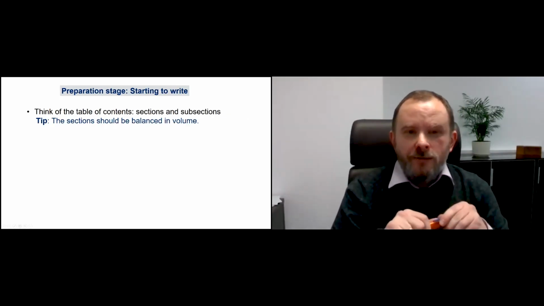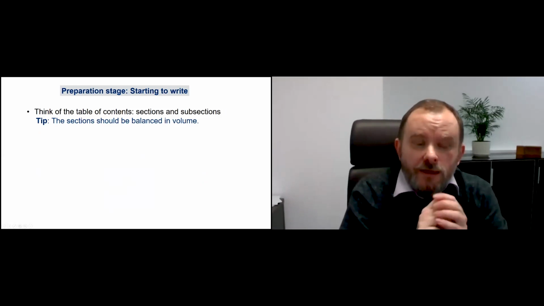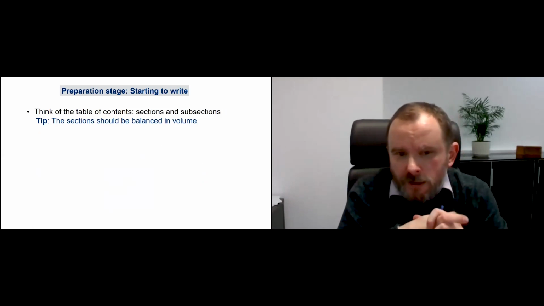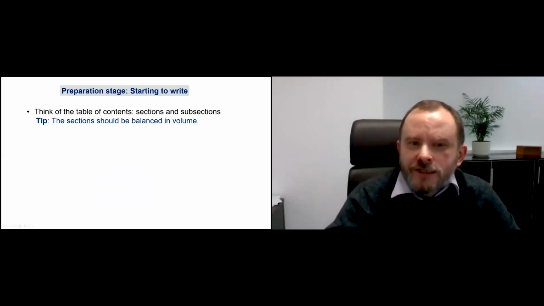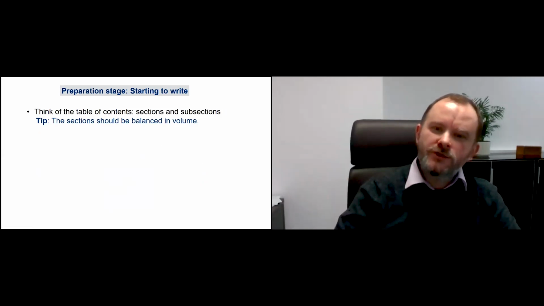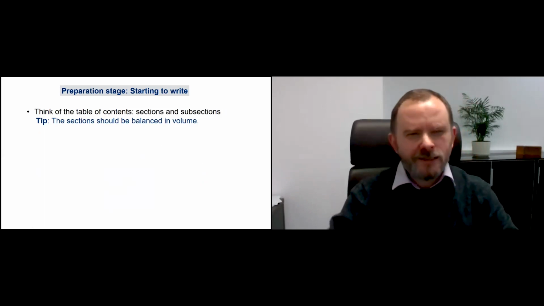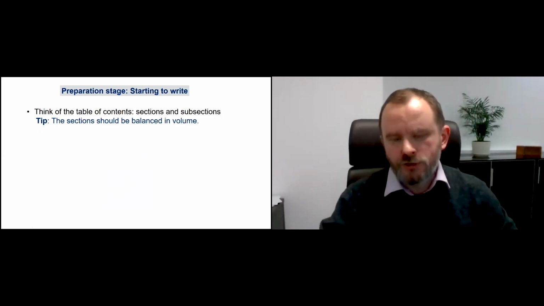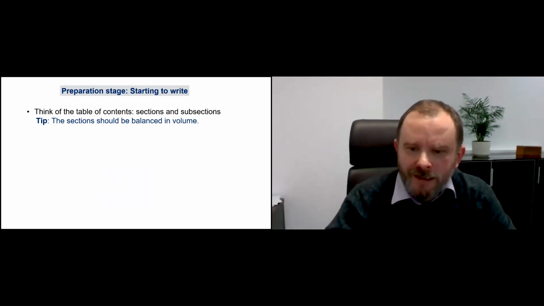This is about preparation. I don't know what you prefer. Me personally, I would start from the table of contents. I would divide what I am going to write into sections and subsections. Certainly, I will change it many times during the preparation of the text. But at least from the beginning, I would like to have some skeleton.